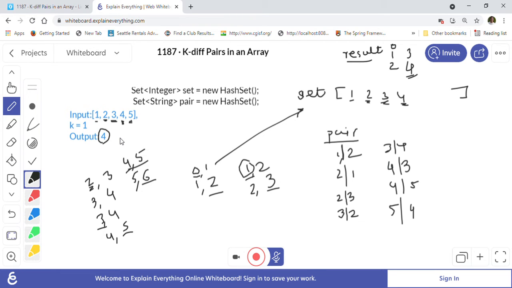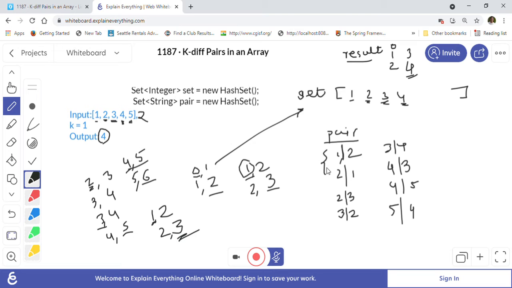So why are we putting both 1 2 and 2 1 in the pair set? Because let's say we are again finding 2 here. Let's say after 5 there is an entry 2. Again we will check into our set, is 1 comma 2 there or 2 comma 3 there? We will find 1 is there and 3 is there in our set.